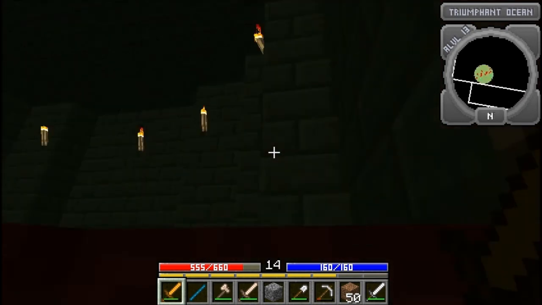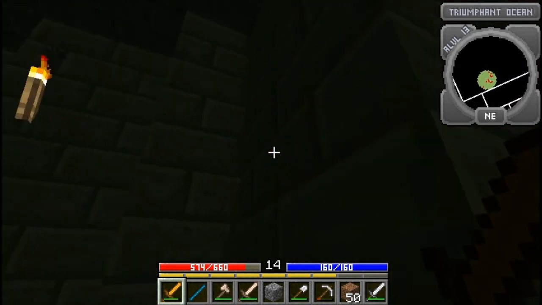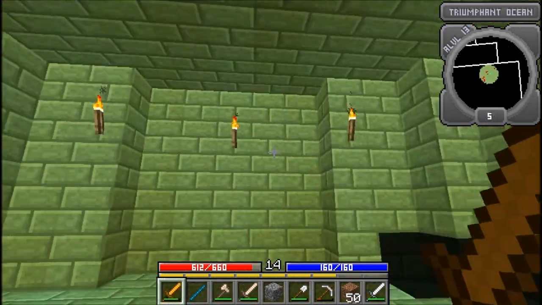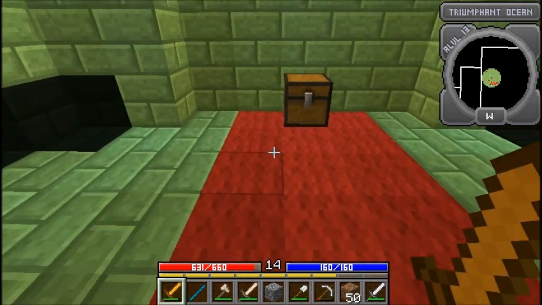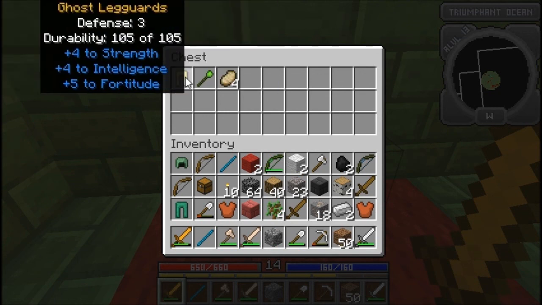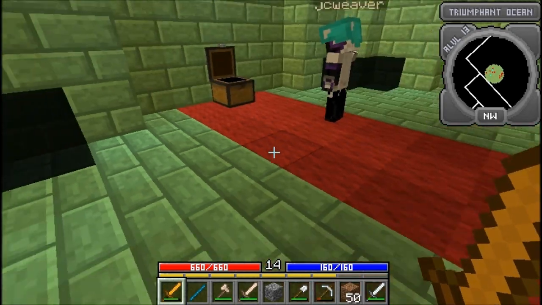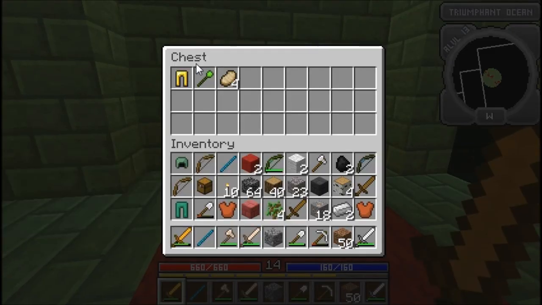Okay. And this is the top floor. I don't know what's wrong with the lights here, but... I'll fix them. There it is. That fixed it. Yeah. So at the top of the floor, there'll be this little room with this red carpet, leading to a chest that has stuff in it. And it's good stuff too. Usually. Sometimes you get that really crappy sword, pork chops and...